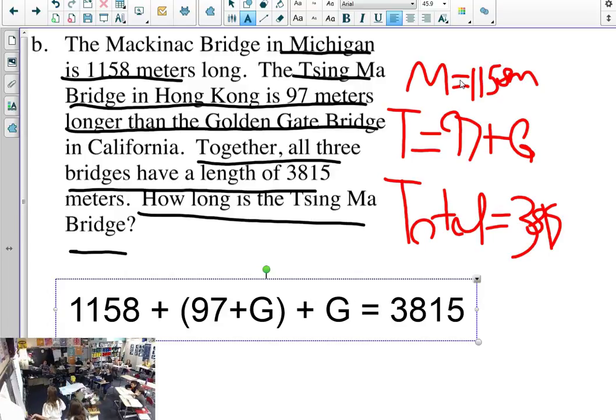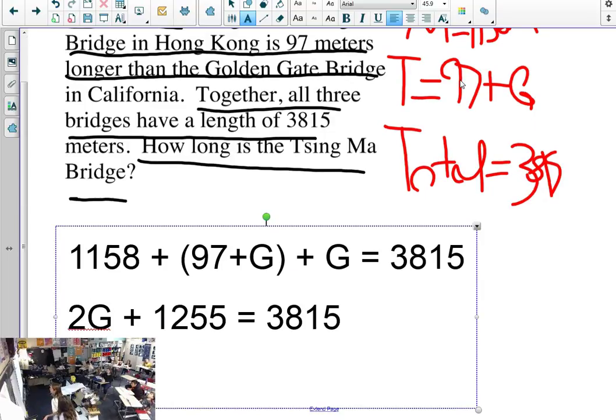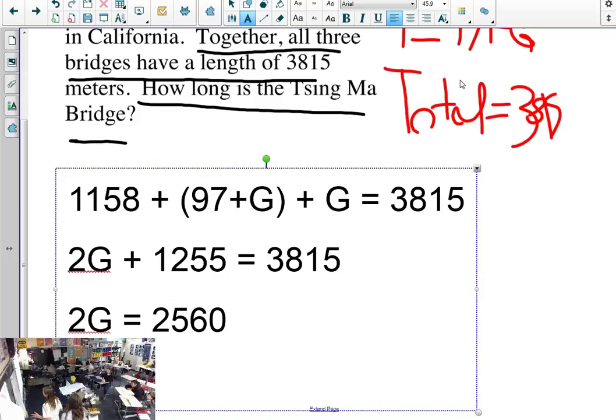First we added like terms with g, so we got 2g plus 97 plus 1,158 equals 3,815. Then we added like terms again with 1,158 and 97, and then we got 2g plus 1,255 equals 3,815. Then we did balance of pairs, and we subtracted 1,255 from both sides, and then we got 2g equals 2,560. We divided it by 2 since there was 2 g's, and we got g equals